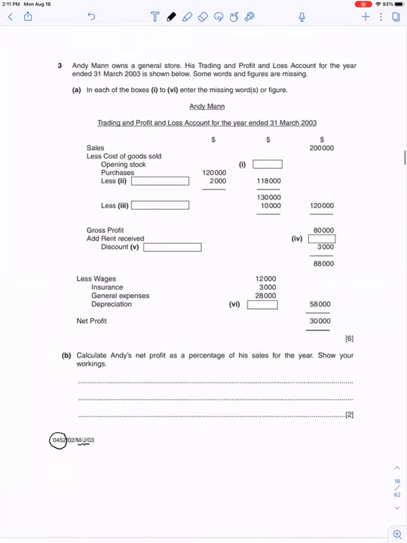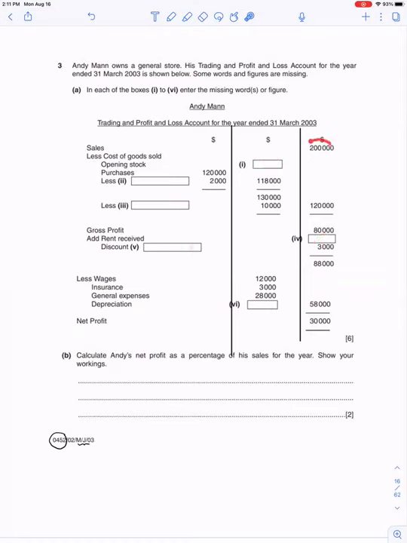Now over here, they have given us the worksheet wherein they have made the format and already given it to us. We should know what is there in which column. We just need to write the answers saying what will come here, what will come here, what will come here, and all such things.